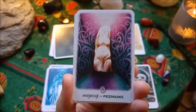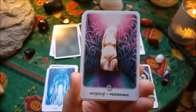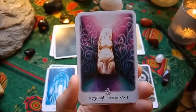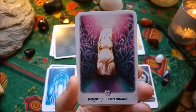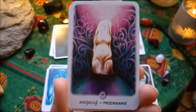Yeah. It's the 5. There we have it. It's the 5, which is the magnesite. Magnesit, I guess it's called in German. We have the zodiac signs Sagittarius and Virgo, and the planets are Mercury and Moon. And what it's saying here is